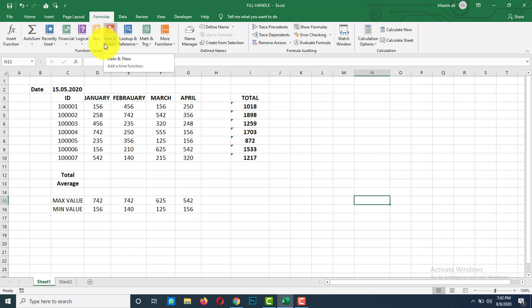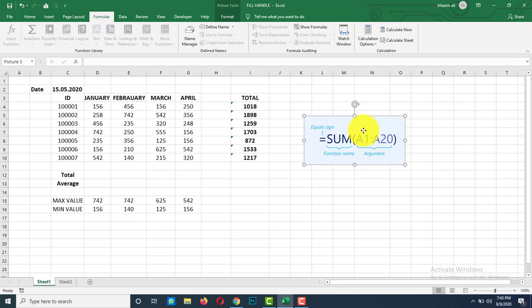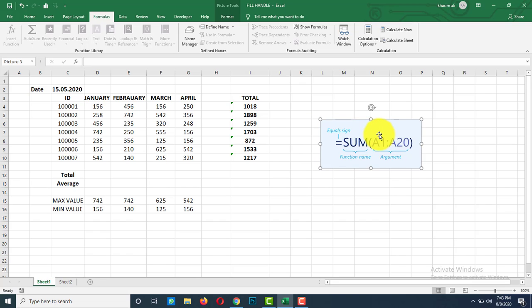In order to work correctly, a function must be written in a specific way, which is called the syntax of function. This is an example of a function. The basic syntax for a function starts with an equal symbol and the function name. In this example, we have the function name as SUM and one or more arguments. Here we have an argument that is A1 to A20.